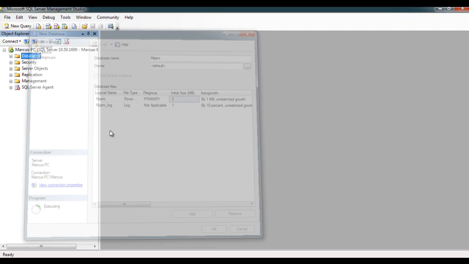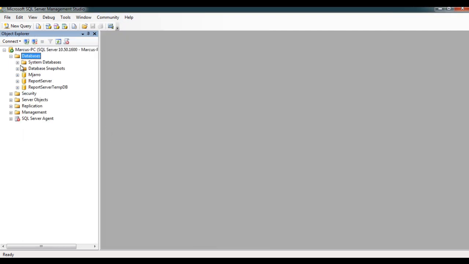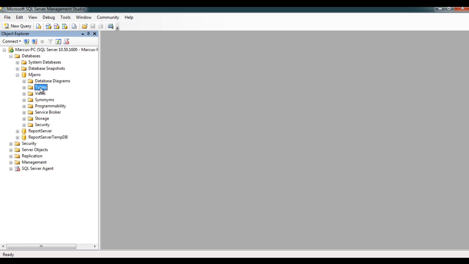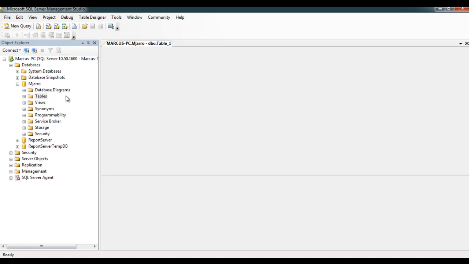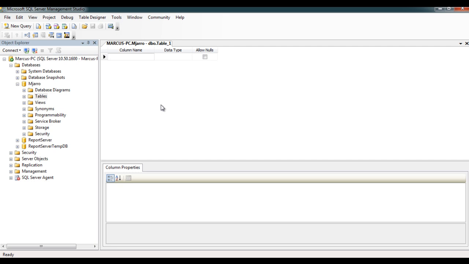Click OK. I'm going to expand my database, mjaro. Go to tables and right click, new table. I'm going to create some fields, table headers: first name, F name for short. I'm going to use data types,